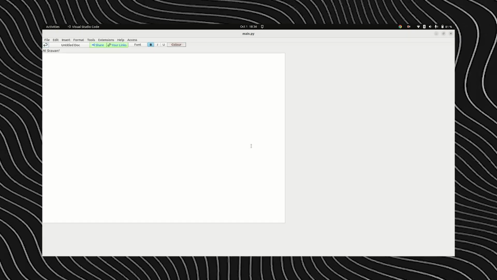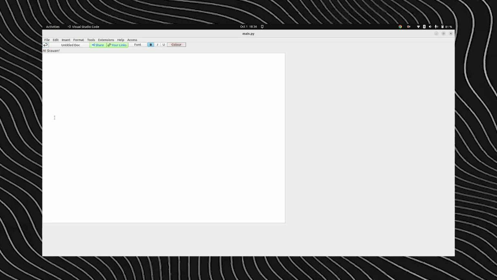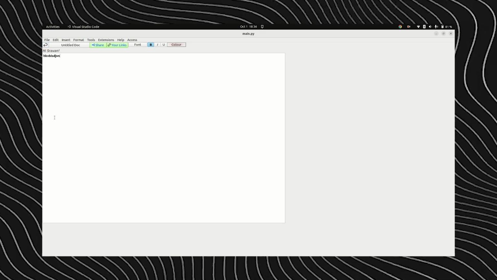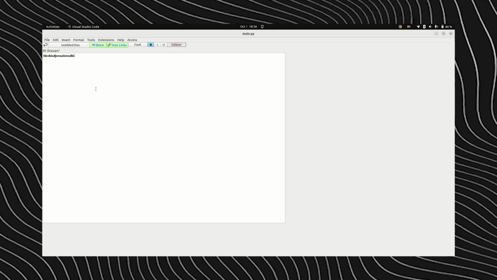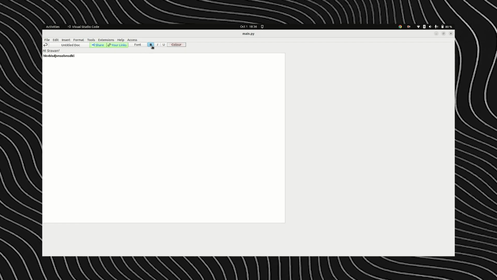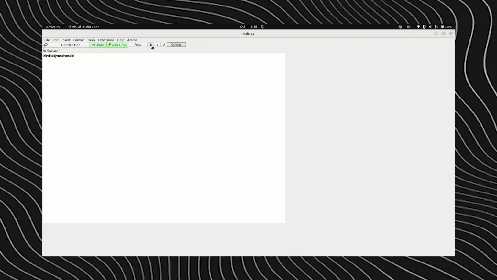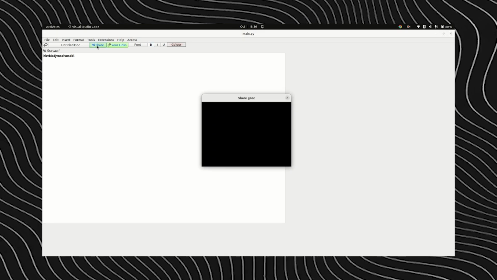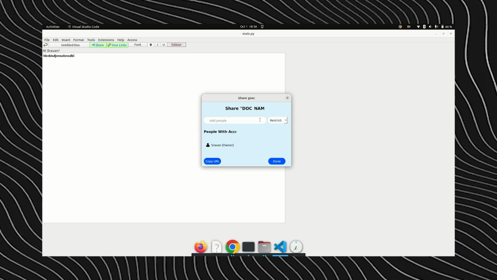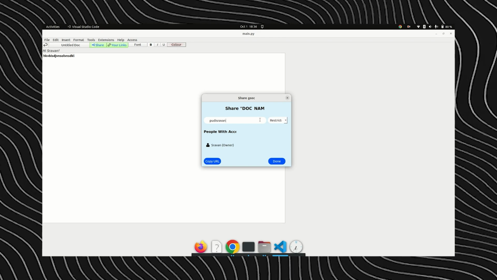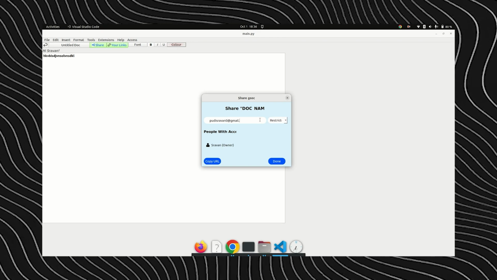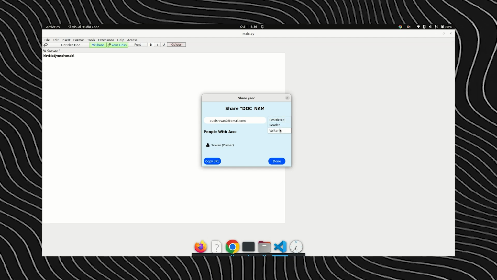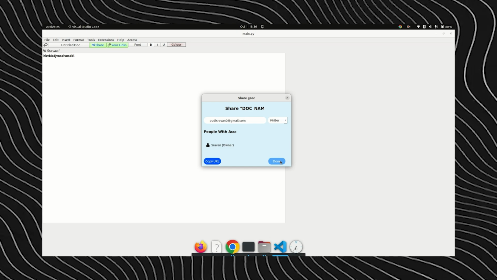So now we are directed to the documents page. Here you could just type something as much as you wish, and multiple users can be doing this. That's the key usage of this Docify. So you could either make it bold or type it just normally. And the other thing is you could share the access of the document. Let's say you want to share access of this to some user, and you could specify whether it is restricted access or just the reader or the writer access. And if you click done,